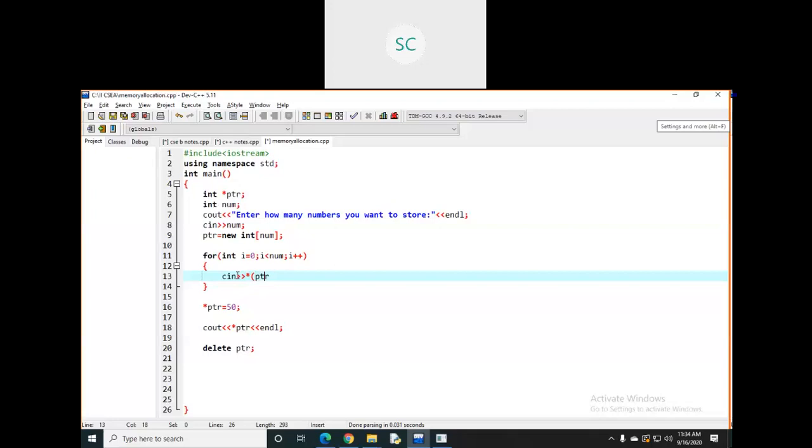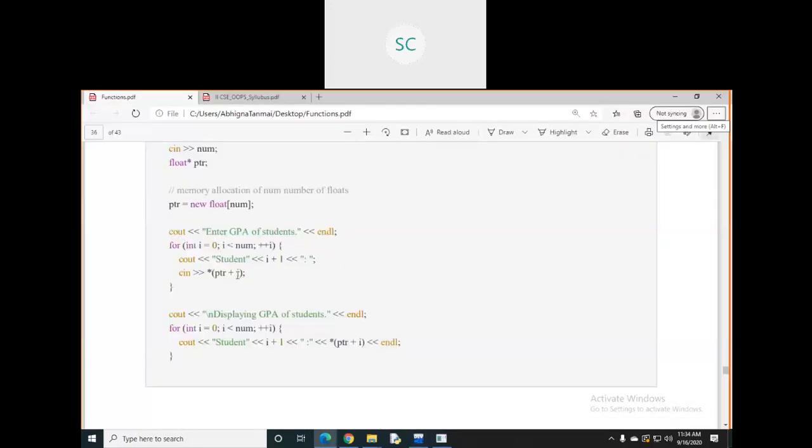Actually, if it is a normal variable you would take a of i, using the array name. But here, since it is a pointer, you need to consider star of p plus i. I think it will work. Let's see. Same thing, star of ptr plus i.